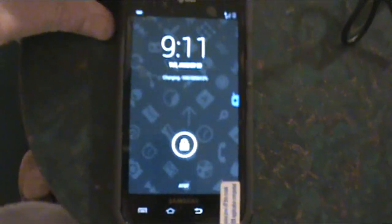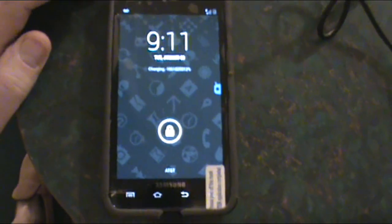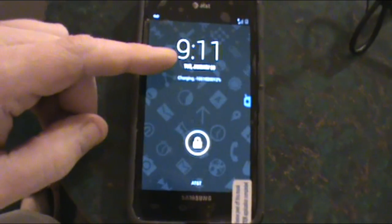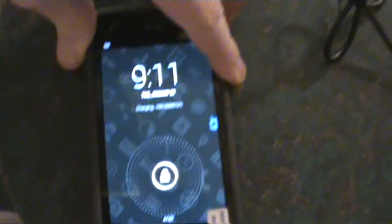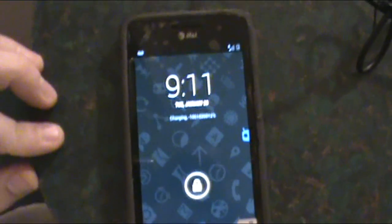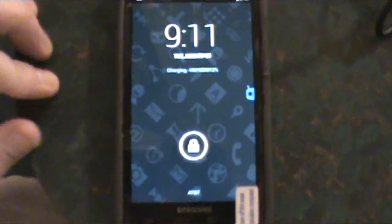Alright, people, I'm not fully charged, but whatever. I want to get back to stock because that's what I like. I just wanted to show that my phone can handle KitKat and CyanogenMod. And it's not really that bad. It's flawed in a few ways, but overall it's a good ROM. It's a very popular ROM too if you're in the ROM community. Anyway,